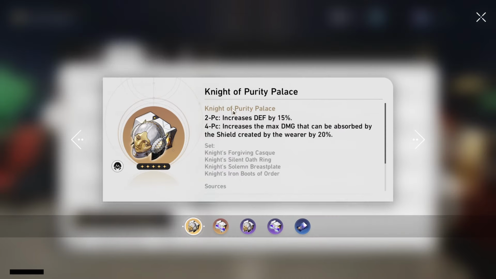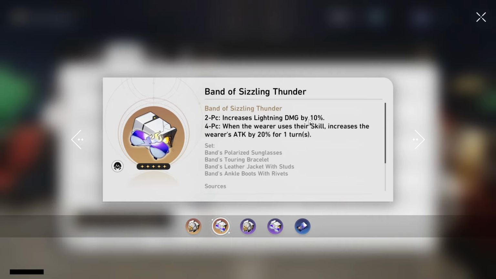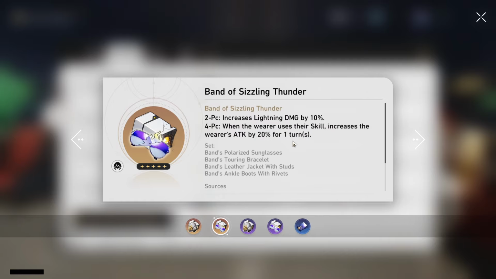Now, the next one is the one with the Knight set and also the Band set. To no surprise, I also don't recommend doing this one. You know, practically any of the older ones I don't recommend doing because they usually have a dead set with it. This one's a bit different because the 4-piece on this can actually be used, such as with Aventurine or Gepard, and even the 2-piece can be used on one of them since they both do scale their shields off defense. So the 2-piece does come in handy there, and the 4-piece of the Band set is also usable